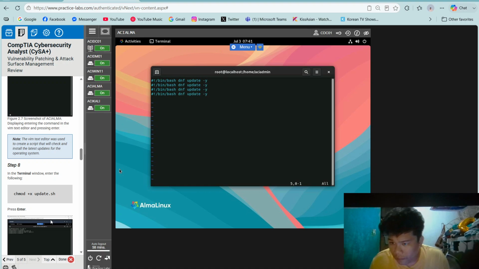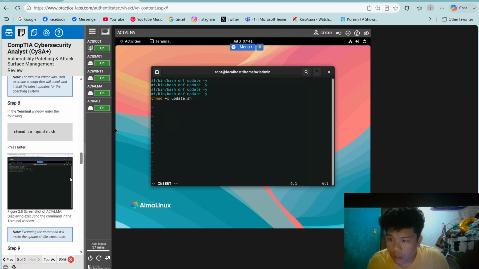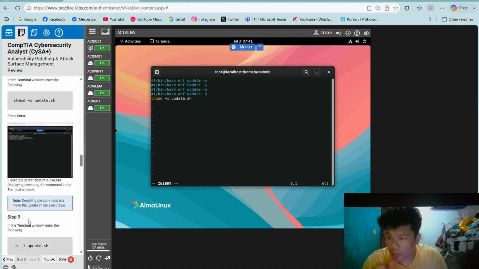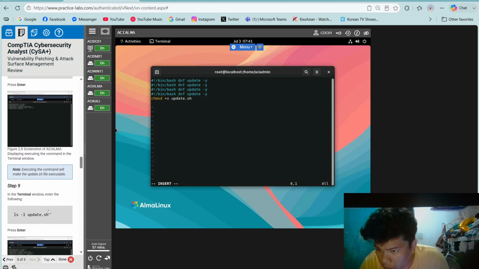In the terminal window, enter the following: chmod +x update.sh and press enter. Note, executing the command will make the update.sh file executable.